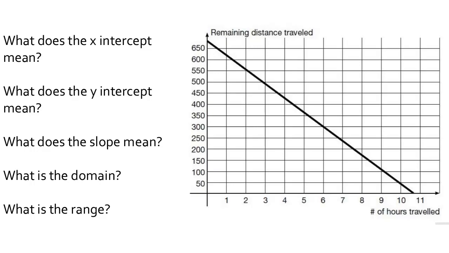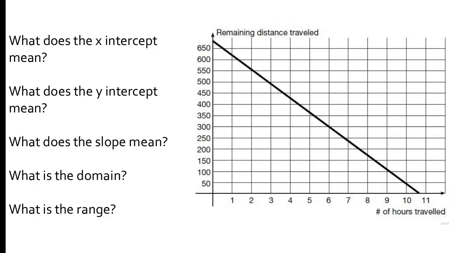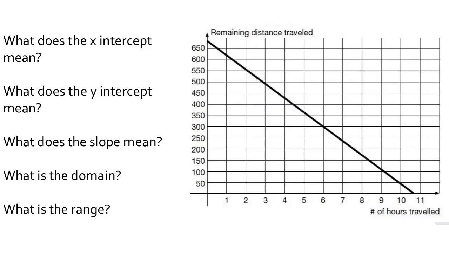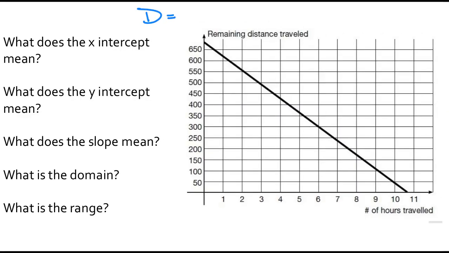All right. Meghan and her family are traveling from their home in Nashville, Tennessee to Orlando, Florida on a Disney vacation. The trip is 685 miles. They're going to be traveling 65 miles per hour on average. Meghan used the following equation to calculate the remaining distance throughout the trip. And that equation was D is equal to 685